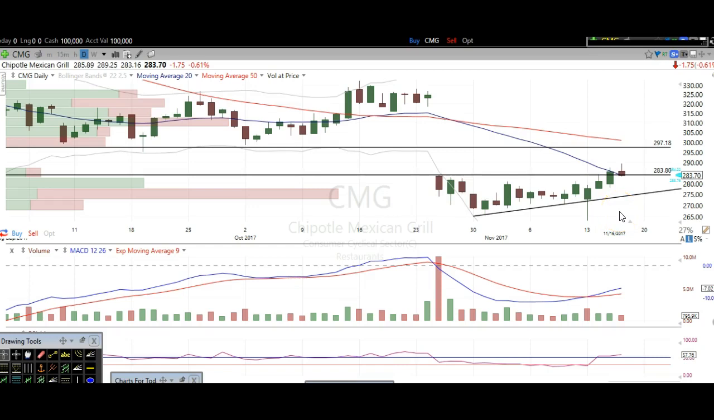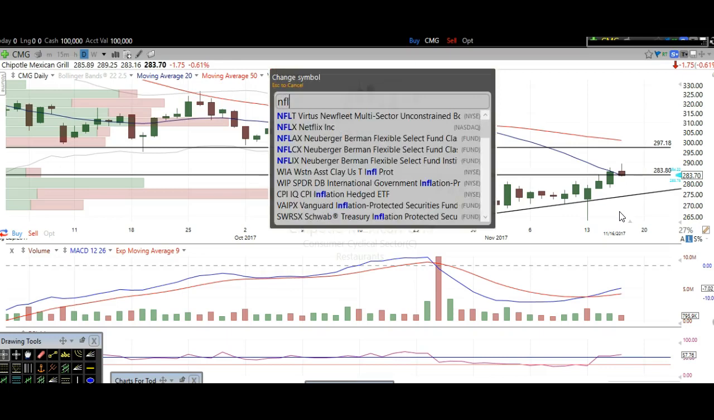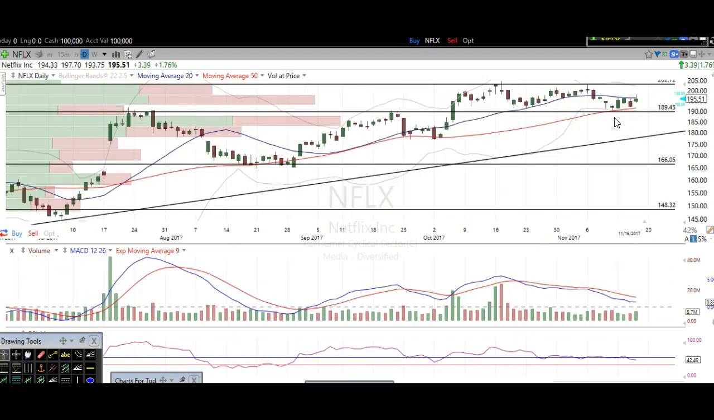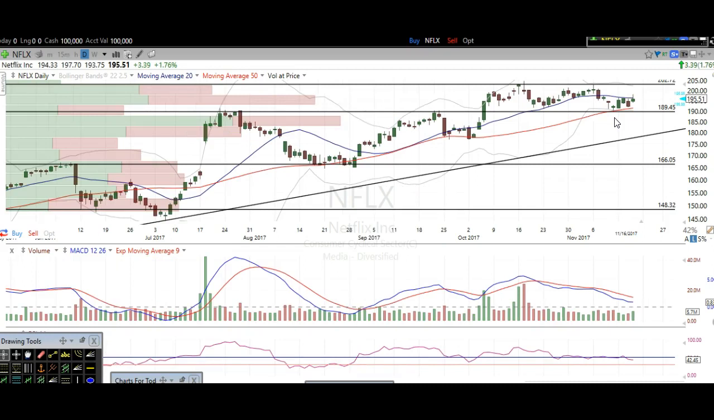All right. The next one we're going to take a look at is Netflix. And Netflix is just kind of trading sideways here for about a month and a half. What I gather from that is it's just kind of taking a break before its next move. We've got some support down here at about 189.50 based off of this previous resistance, and here it turned into support